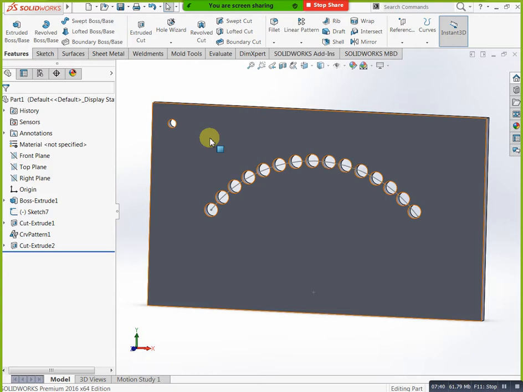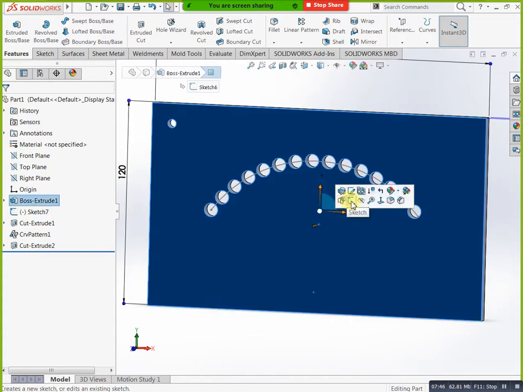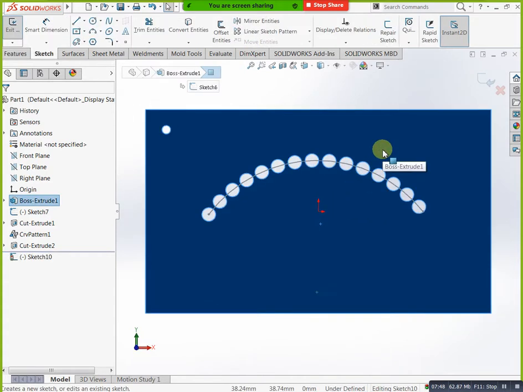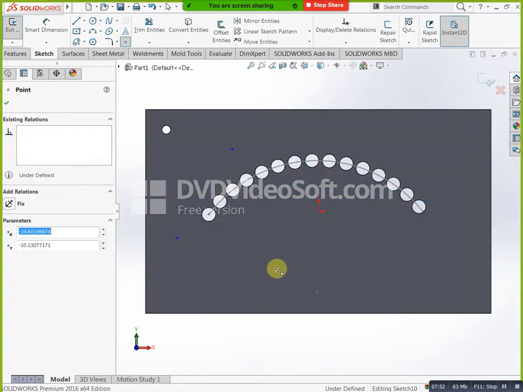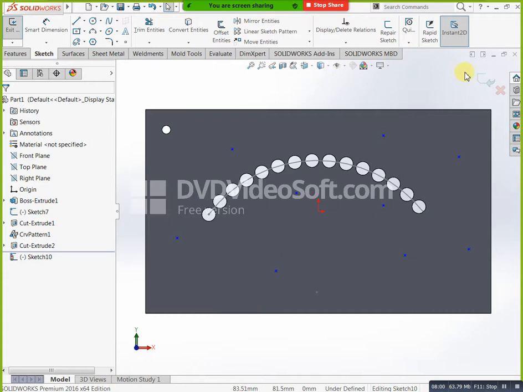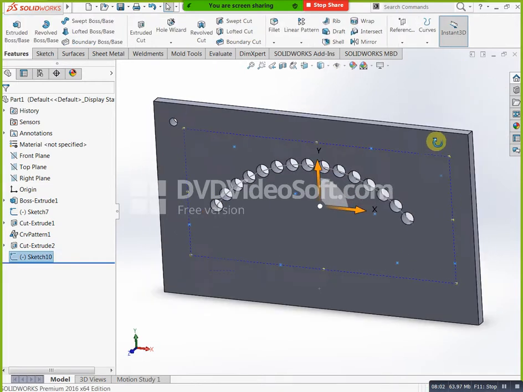Now you can go here. Now you can select your point. I need it here one hole, here, here, here, here, here, here, here, here. This all is there. Okay. Now escape this one, finish. Okay, after finishing you can select this extrude feature and go here, sketch driven pattern. You can select this sketch driven pattern and select this one, finish.